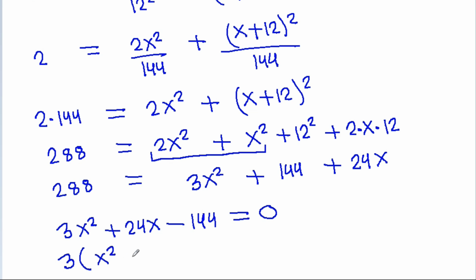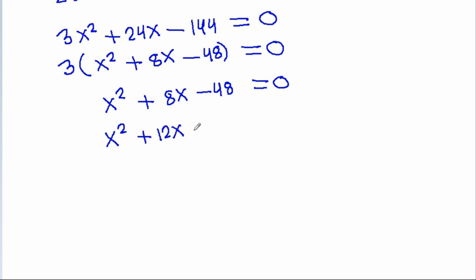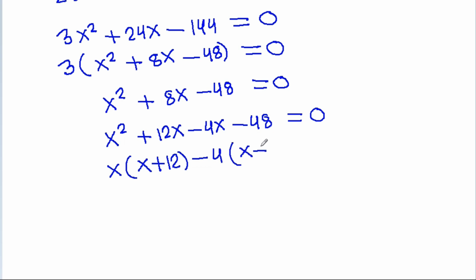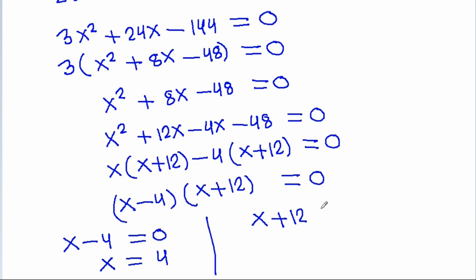and it is 3 times x square plus 8x minus 48 is equal to 0, so x square plus 8x minus 48 it is equal to 0, and x square and 8x it is plus 12x minus 4x minus 48 is equal to 0, and it is x times x plus 12 minus 4 times x plus 12 is equal to 0, and x minus 4 times x plus 12 is equal to 0, so either x minus 4 will be equal to 0, that means x will be equal to 4, or x plus 12 will be equal to 0,